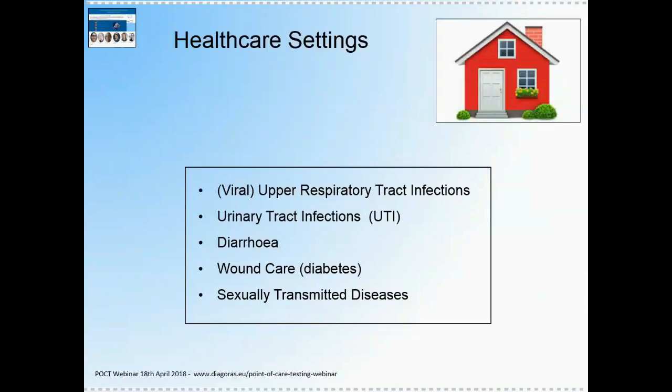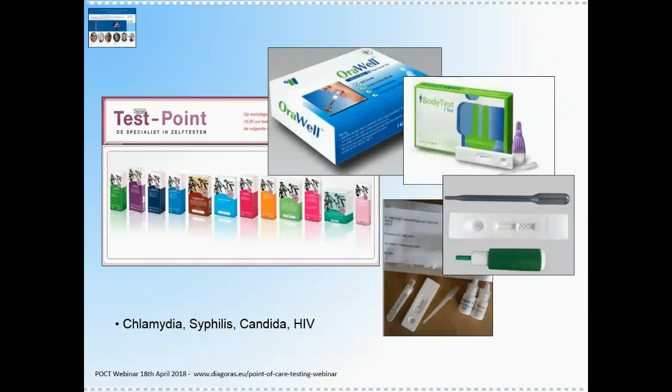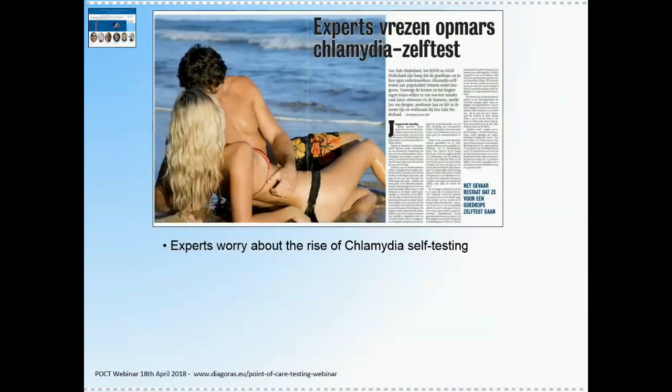We now move on to something a little bit different, and that is the healthcare setting in the home. So healthcare and diseases in the home really mirror the kind of diseases that we see in the community, and therefore in family practice. What I will say is the internet makes it possible to order self-test kits against a range of, for example, STDs: chlamydia, syphilis, Candida, and HIV. So you can order these test kits online, and this is one of the problems of ordering test kits online.